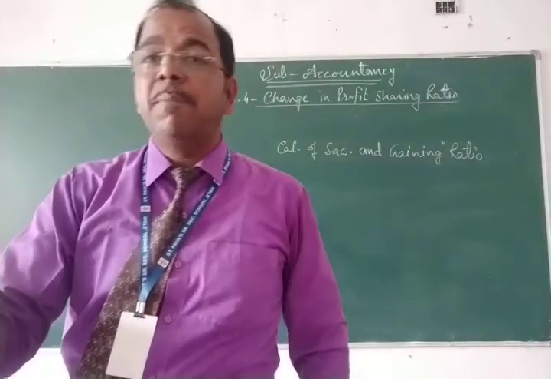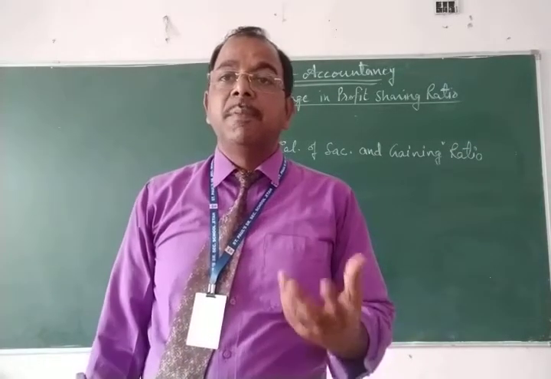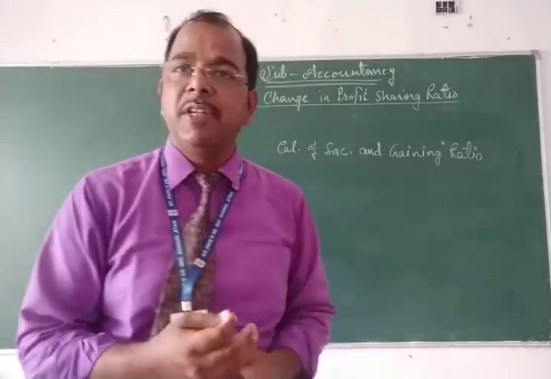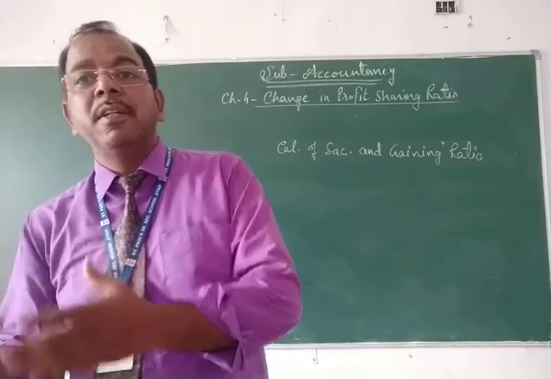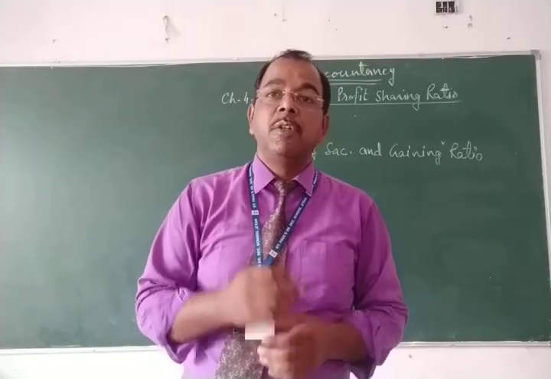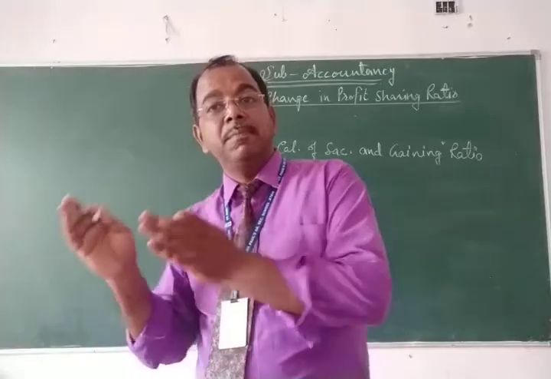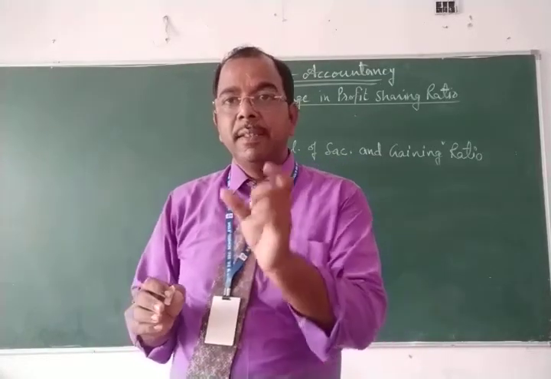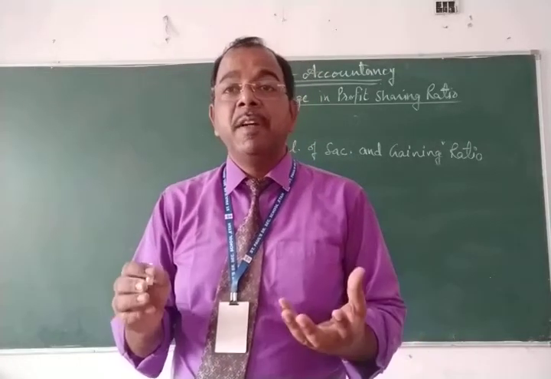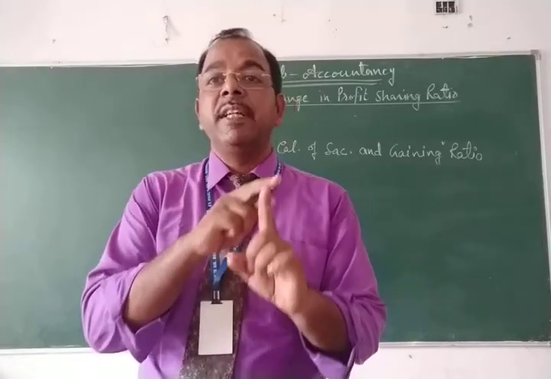When the ratios of partners change, obviously, suppose two partners are there. One partner will lose his share and simultaneously another partner will gain something. So the partner who loses his share and the partner who gains, it is the same amount, same fraction, because the profit is a single unit, and earlier this single unit was equally divided.